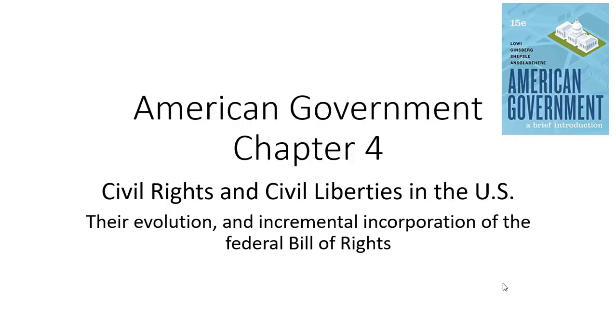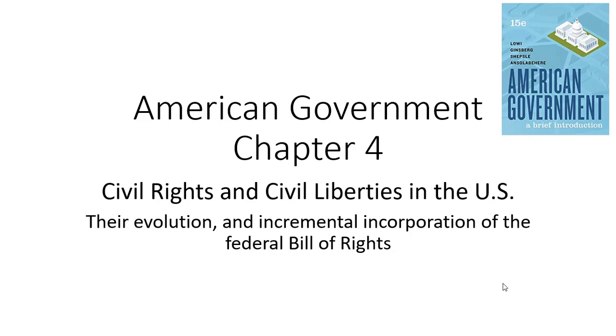Okay, this is Chapter 4 in the American Government course, and we're going to be talking about the progression of civil liberties in the United States. And as you may have noticed, the first four chapters that we've been talking about are the history of the United States, our political history, the history of our government. So it's important to know who we are, where we came from, why, and how. That's a very important part of understanding who we are now and what our system is like now.